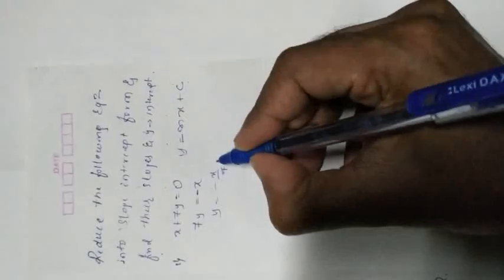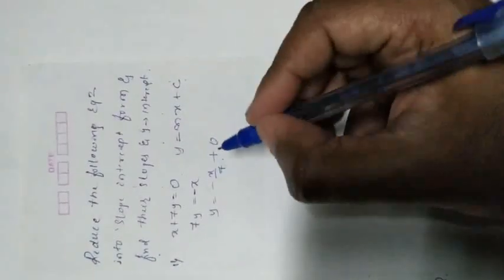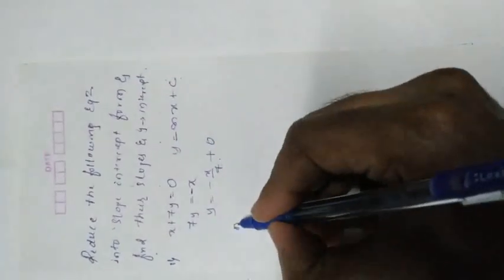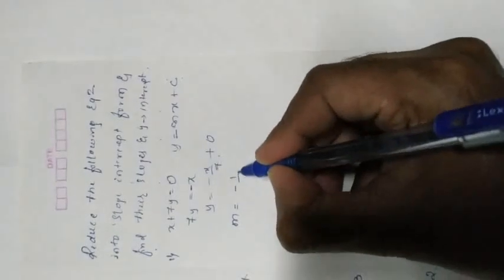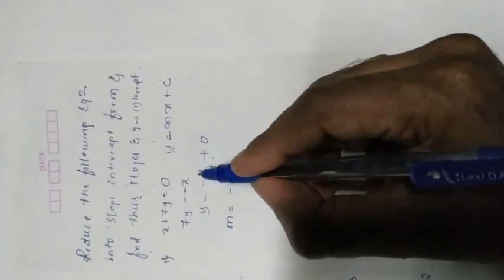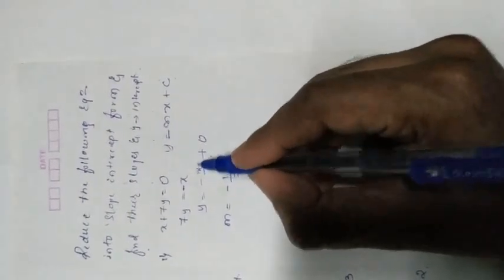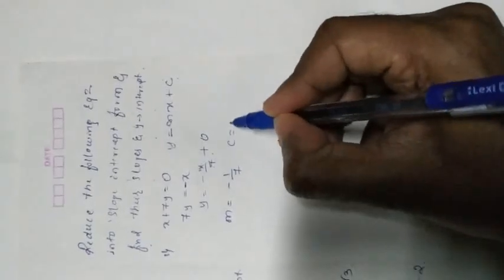mx, and the y-intercept is 0. So here, what is the value of m? m is nothing but -1/7. So y = (-1/7)x + c. So the y-intercept is 0. Now I am going to take one more example,